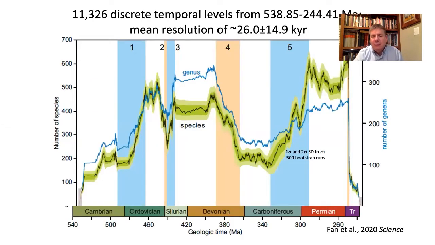This is a slide from a paper that I published with my colleagues in South China in Science in January this year, showing the very high resolution record from China, essentially the entire Chinese fossil record for the period between about 540 million years ago and the great end Permian mass extinction that I've been talking about on the right, a catastrophic drop. And you can see that there are many ups and downs and squiggles superimposed on this line, showing that biodiversity crises happen at different scales. Some of them are these catastrophic events, some of them are much smaller.